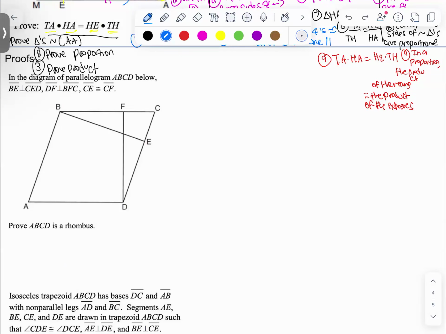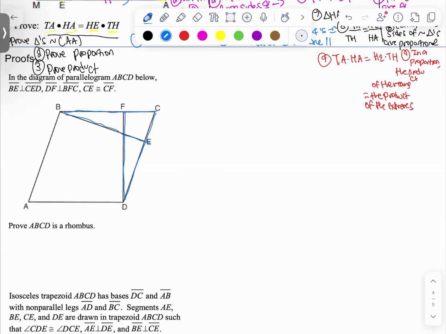The other two special properties are about the diagonals. Diagonals are perpendicular and diagonals bisect the angles, but we don't have any diagonals here. So the way that we're going to prove that it's a rhombus is by showing consecutive sides are congruent. And the two consecutive sides that are sides of triangles are BC and CD, and we're always looking for triangles. So if I can prove these two overlapping triangles congruent to each other, then I can CPCTC, BC, and CD, and then I can have